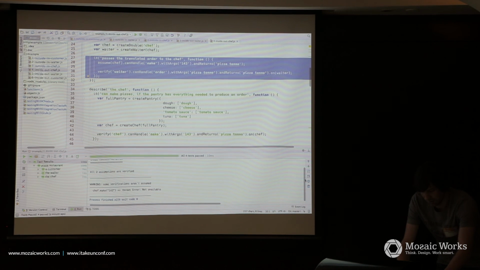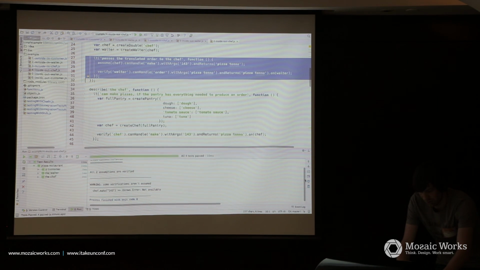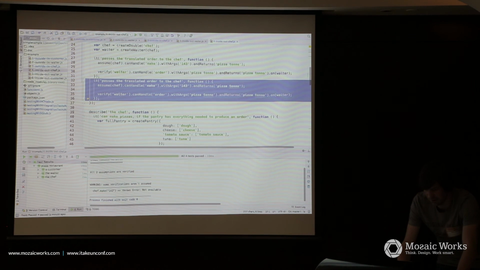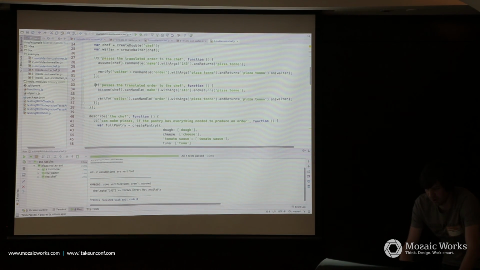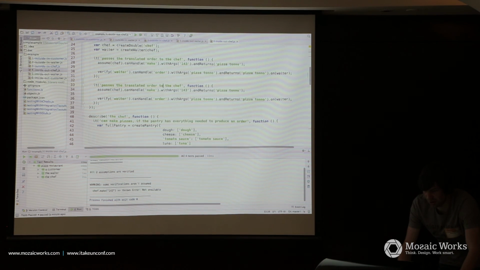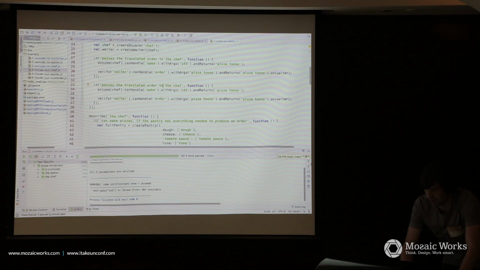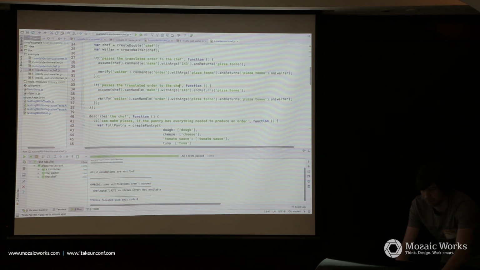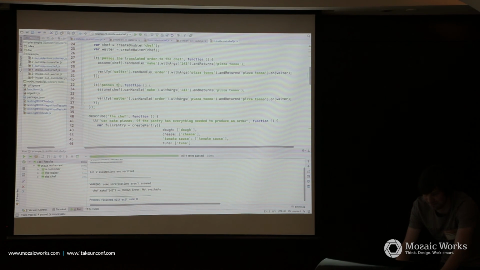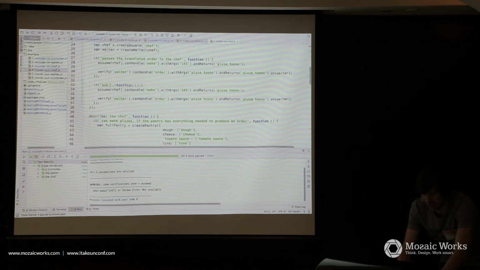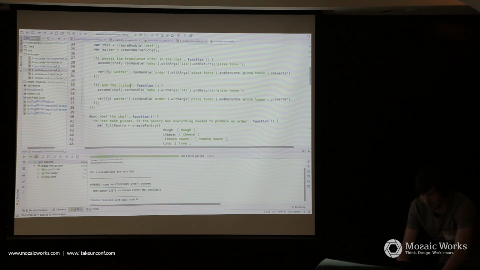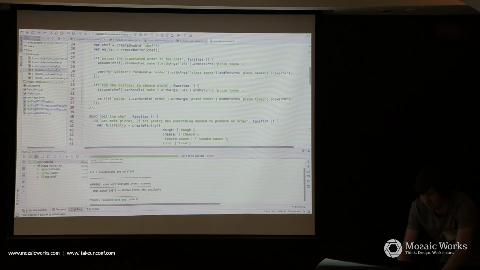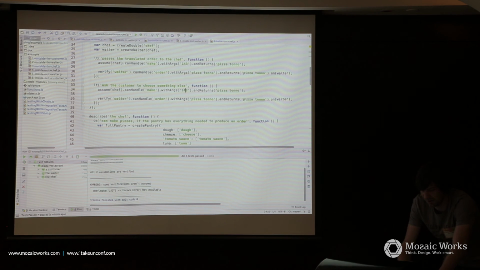So let's Command D, double it. Okay, let's create it. So what should our waiter do if the chef throws an error? What should he do? Shout at the customer, right? That's good. So maybe we ask the customer to choose something else. Okay. So we are a polite waiter. And it's not a Russian waiter. Something else.